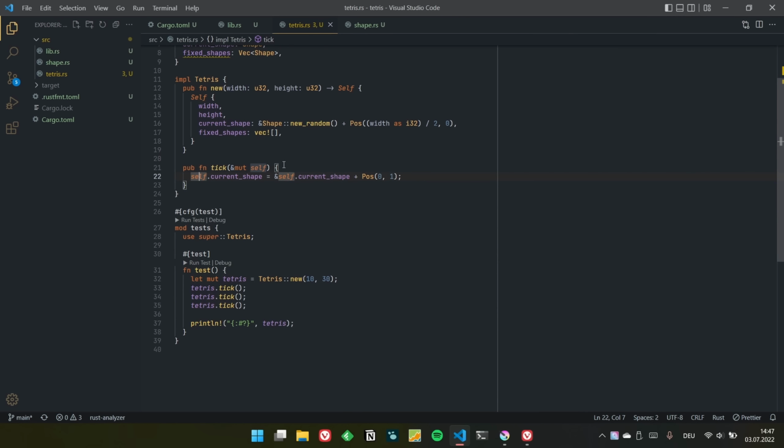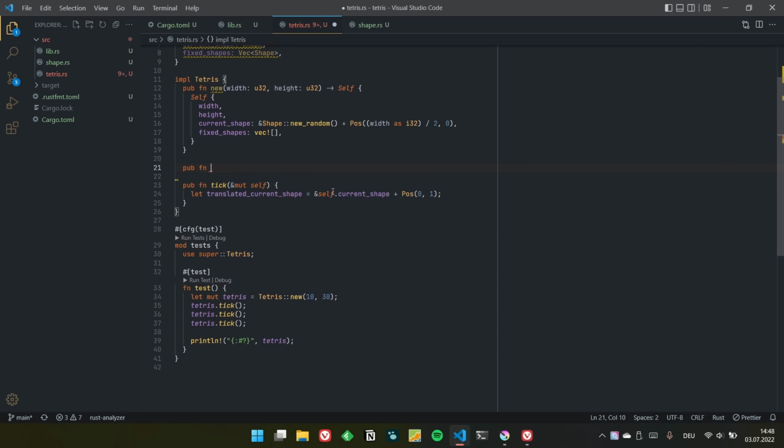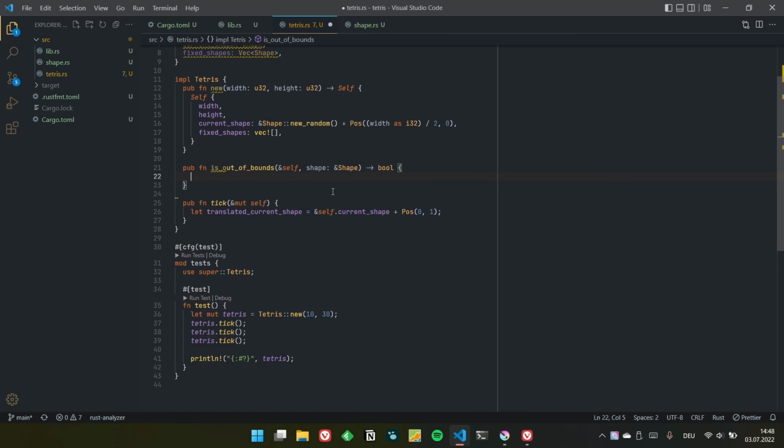So first of all, we need to check for collisions and out of bounds. So let's call this translated current shape, something like that. And then we need to check for collisions. Let's add some helper methods for that. Let's call this is_out_of_bounds, taking self and then a shape. And we will return a bool. All we need to do is to look into the shape,